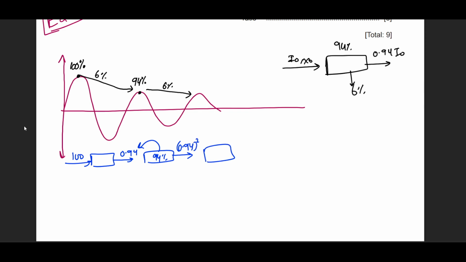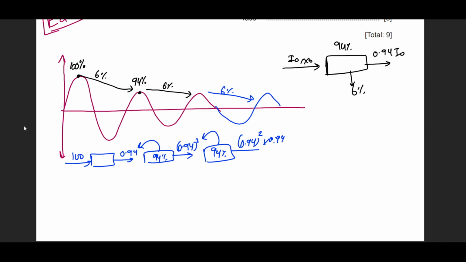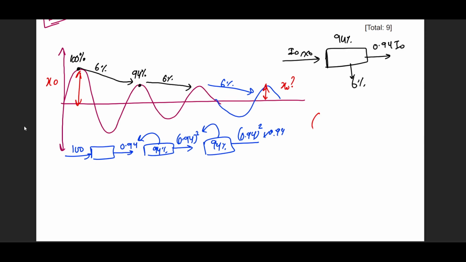Then because we're going for a third oscillation, 3 oscillations, there will be a further reduction of 6%. So this becomes 94% efficient, so 94% of this value becomes 0.94 whole square multiplied by 0.94, right? So this was actually looked upon in terms of efficiency, but then it becomes easy: this is actually the cube of the displacement. So first we figure out what the displacement or the amplitude is. If the original amplitude was x naught, what is the amplitude today? So that would have been 0.94 whole cube x